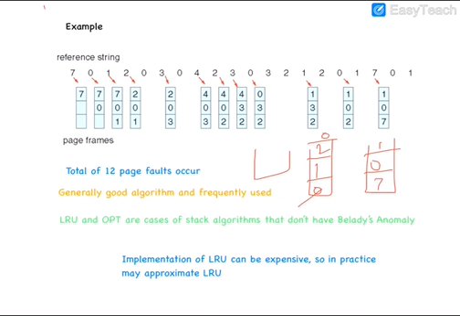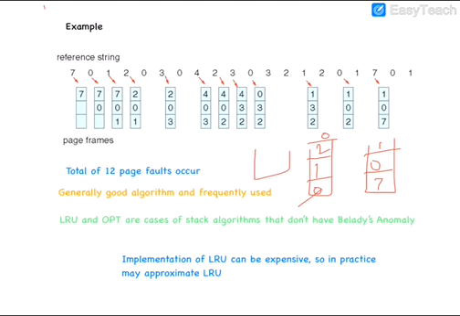Now when the page 3 reference comes, it is already present in memory, and 2 is already present in memory, so no page faults here. Whenever 1 comes, again 2 is the most recently used, 3 is the next recently used, and the oldest one is 0, so 0 is replaced by 1. Next 2 is already present in memory, no page fault. Again comes 0, so 2 and 1 are the recently used ones, so 3 is the oldest one, so 3 is replaced by 0. 1 is already present in memory, no page fault.